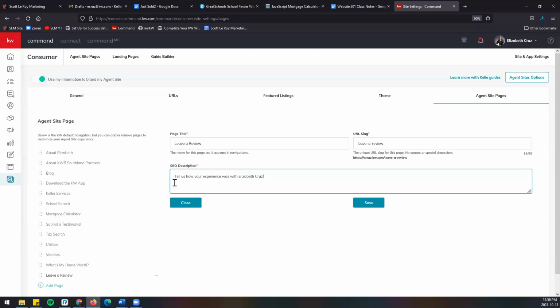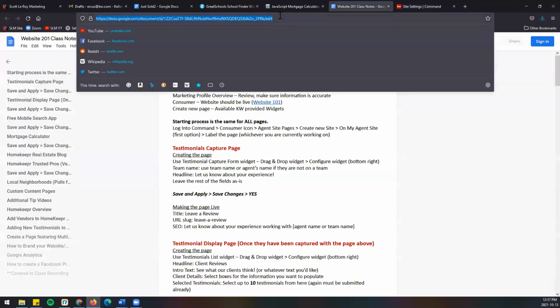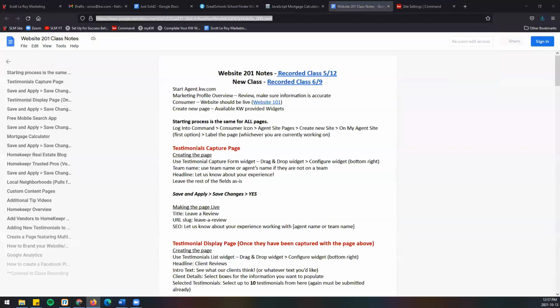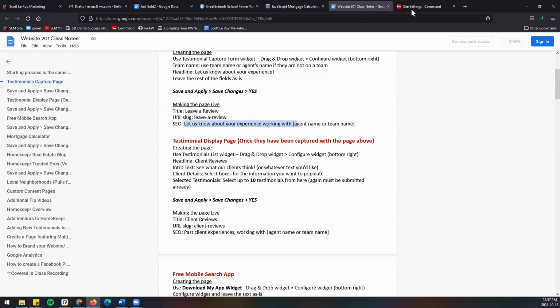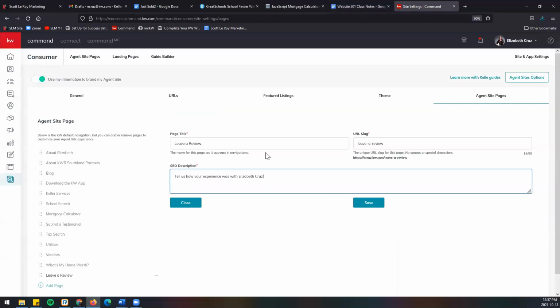If you are not sure what all to put here, we do have these 5 pages and more of our pages that we do create on our class notes. Pop that in the chat for you. This will also be in the YouTube video description. But here's what we would put for the title, slug, and SEO description. Once you have those 3 fields filled in, click Save